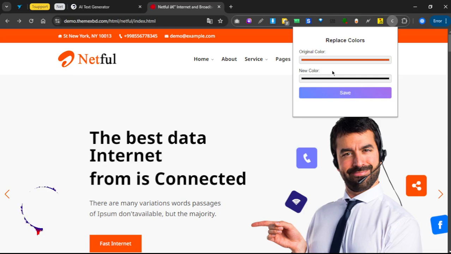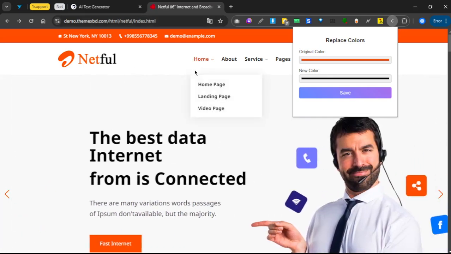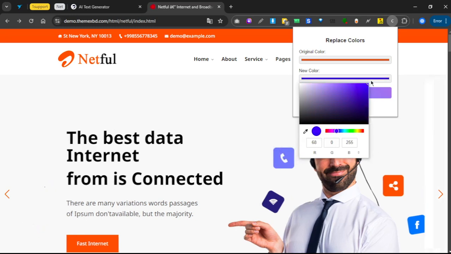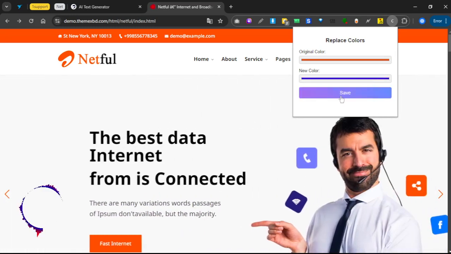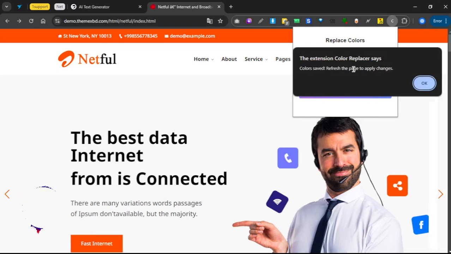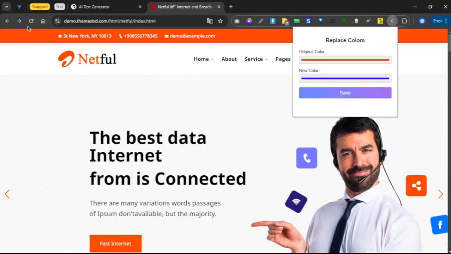So right now we need to paste the new color which we want to give on this web page. So I'm changing this web page color from orange to blue, and then click on save, and this will say color saved, refresh the page to apply change. So okay, and refresh,